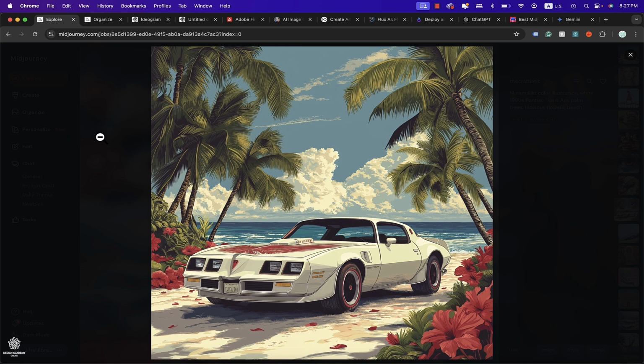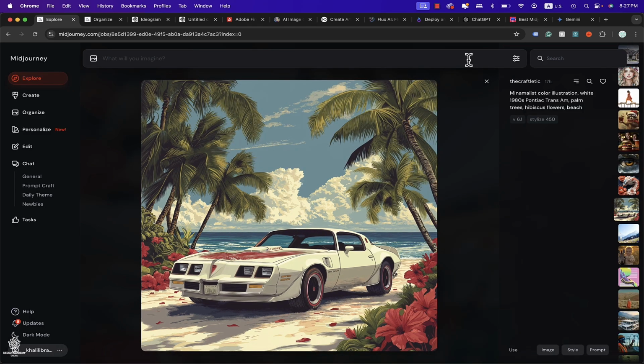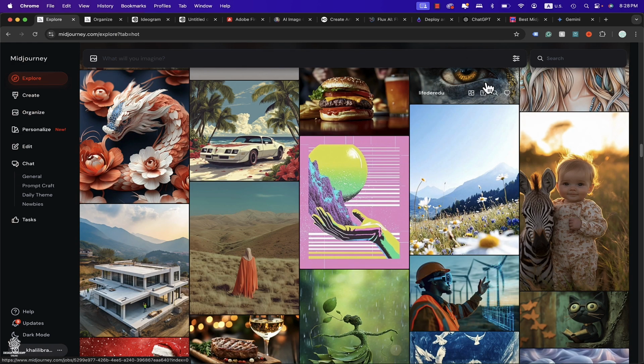And if you want to use that prompt, you can copy that text and paste it in here. Or if you want to go back to other images, you can click outside or click that close and you're back to explore. However, before we start creating our images by typing in here,